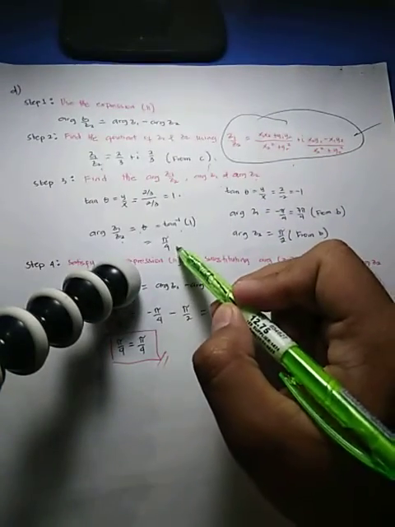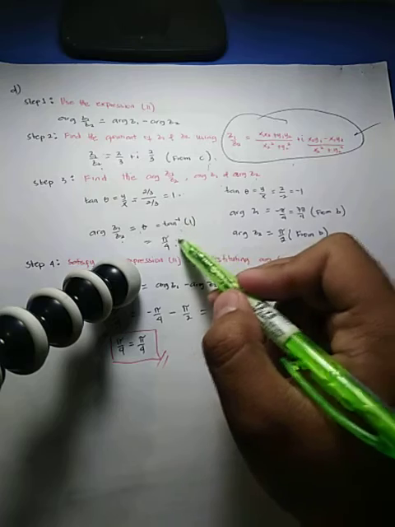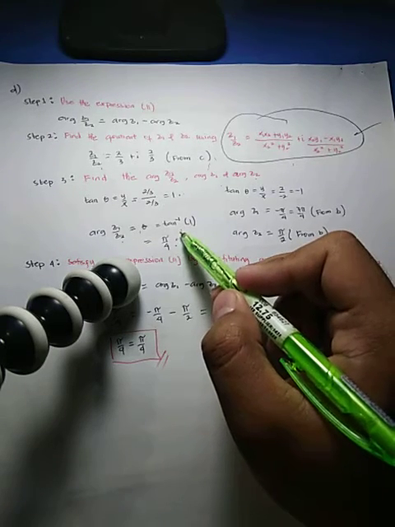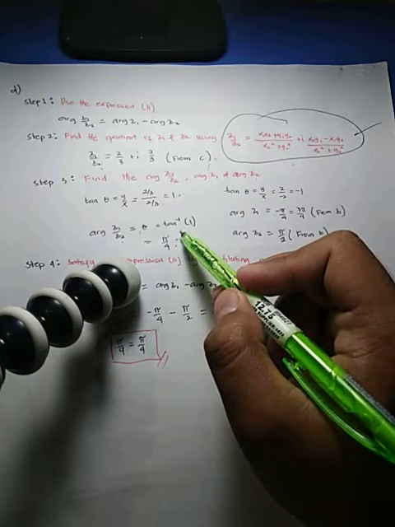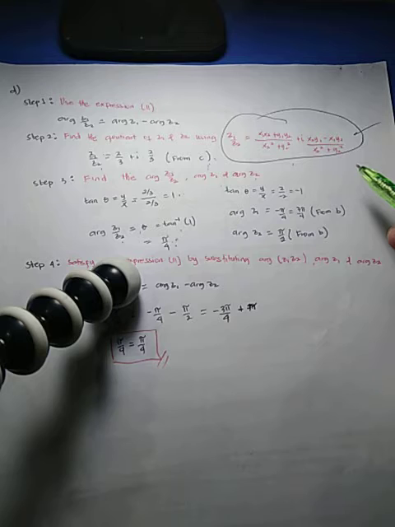Sir, how did it become pi over 4? What comes out for me, sir, is 45 degrees. So that is correct, it is 45 degrees. But I directly converted it to pi over 4. So try to convert it into radians to get the pi over 4. Okay? So, now, for